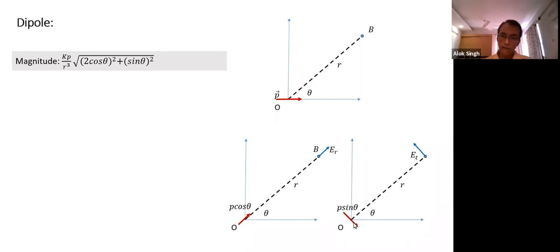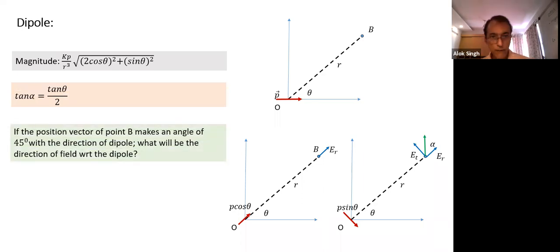And we applied the formula for the radial component and calculated E_r, the radial component of the field at point B. Using this component, we applied the formula for the field on the equatorial axis, and we calculated the tangential component. The resultant is the sum of those two. This was the expression. And we could also find the direction: the tangential component and radial component, and the resultant will make some angle alpha here. We can find the angle alpha the resultant will make with the radial vector, and alpha will be equal to tan theta by 2.